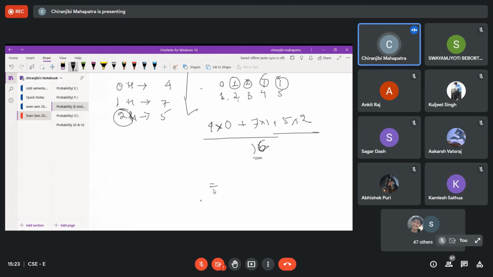So what is the average here? So 4 into 0 plus 7 into 1 plus 5 into 2 is 10 plus 7, so 17. So 17 by 16. So this is the average one. ठीक है, so average कितना है फाइंड आउट कर दो।